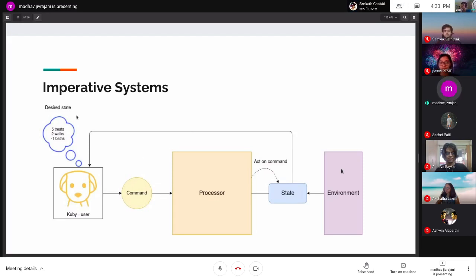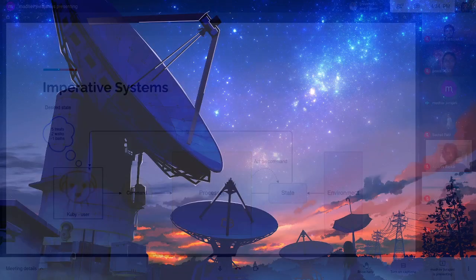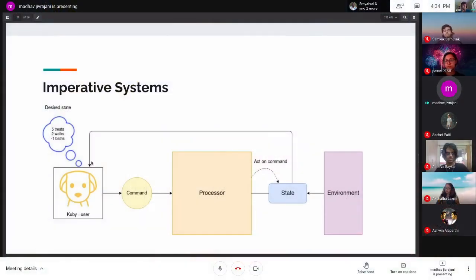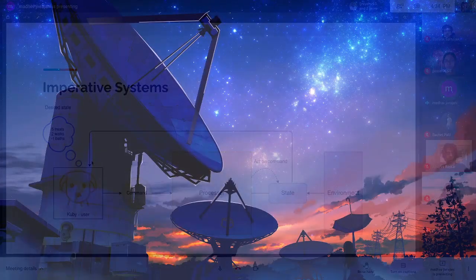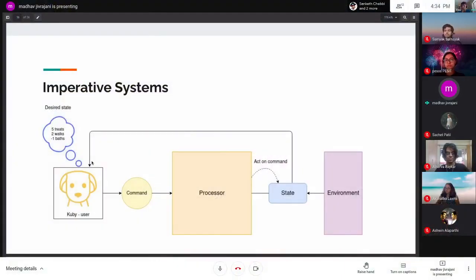And the user knows the desired state. That's an important point here. And also the environment is acting on the state, whether it's based on commands or something else going wrong in the environment and changing the state, not necessarily going wrong, but something that you might not have foreseen. All of those changes are fed back to the user, and the user then would see that, okay, now this is the state I am in, and this is the state I want to get to. What command would be most appropriate to get there?